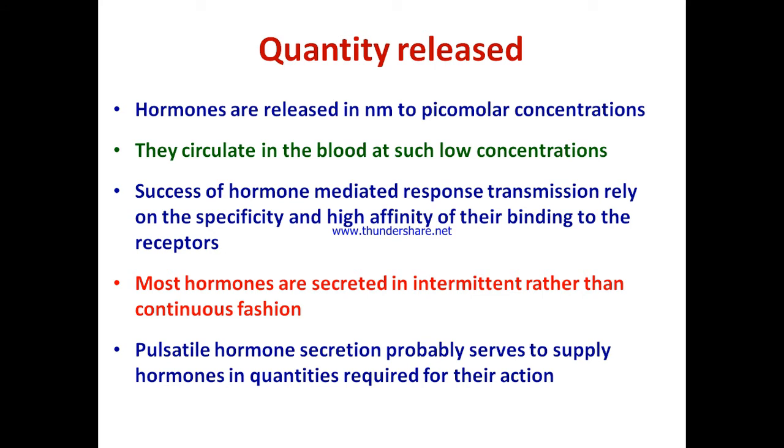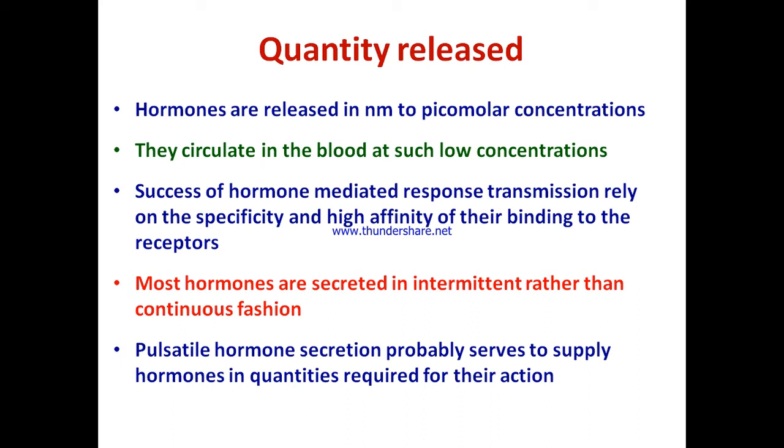Then how much is released? That is also important. They are released in nanomolar or picomolar concentrations, very low concentration. So the action and the specificity depend upon the specificity of the receptors to the hormones or their binding capacity. So these released hormones in picomolar or nanomolar concentration circulate in the blood at such a very low